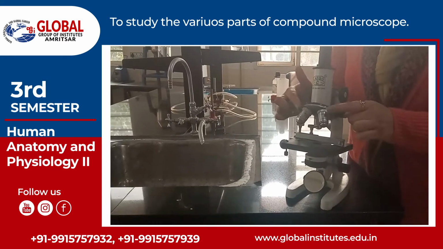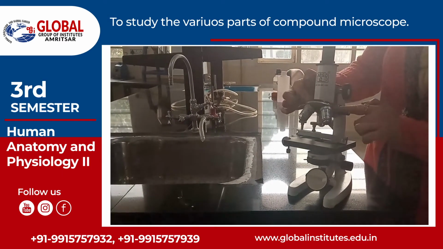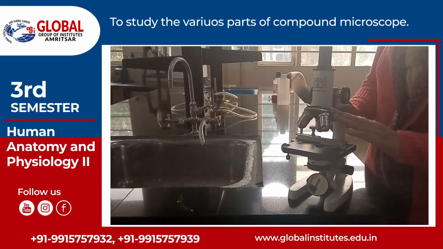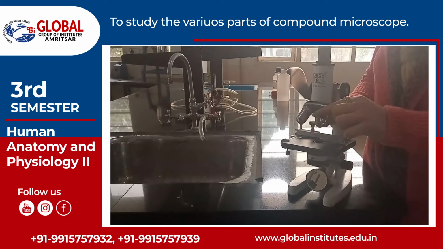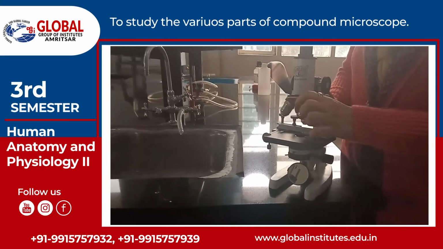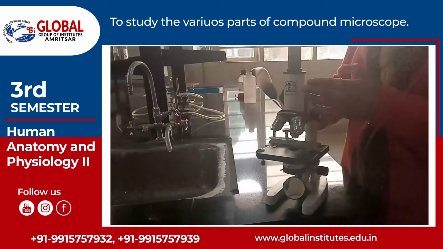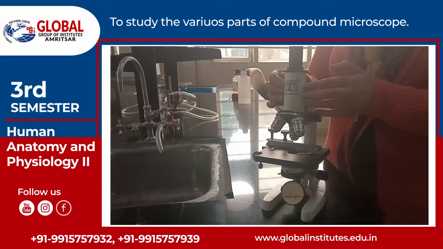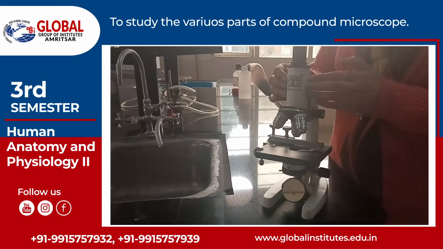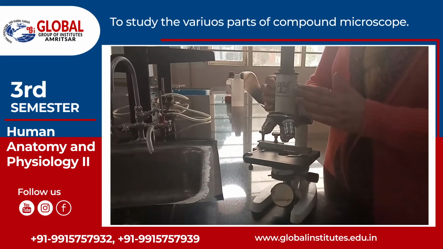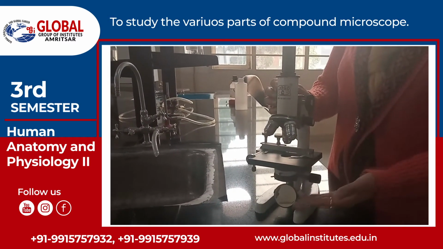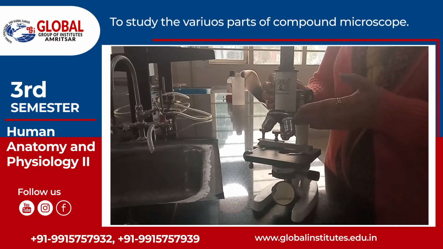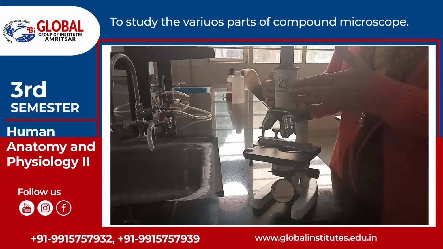And all these objective lenses are attached to this circular disc. This circular disc is known as the nose piece. The function of this nose piece is to hold these objective lenses and to change their magnification by revolving. So this nosepiece is further attached to this tube-like structure, which is known as the tube or body tube. Here in the body tube, the virtual image of the specimen is created. When the light travels from the mirror to the condenser, through the specimen, and while passing through the objective lenses, it reaches this body tube.